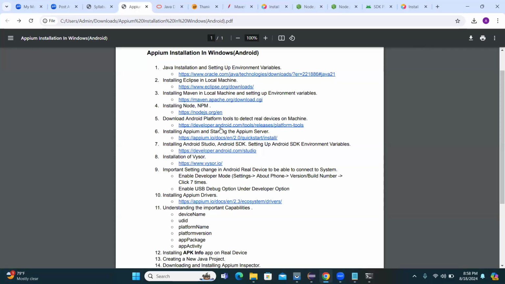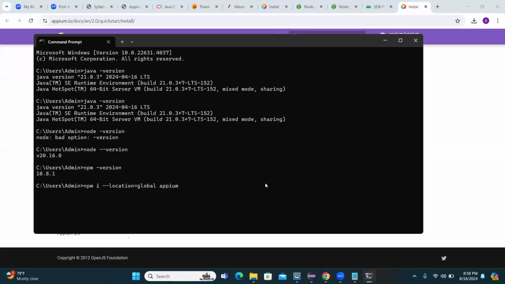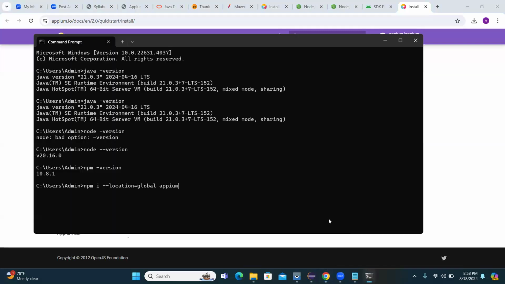So next thing is installing Appium. As I've told you, this is very simple. Just copy this command, paste it in command prompt and click on enter. Just enter it and Appium will be installed in your system. Very simple. And once this is done,